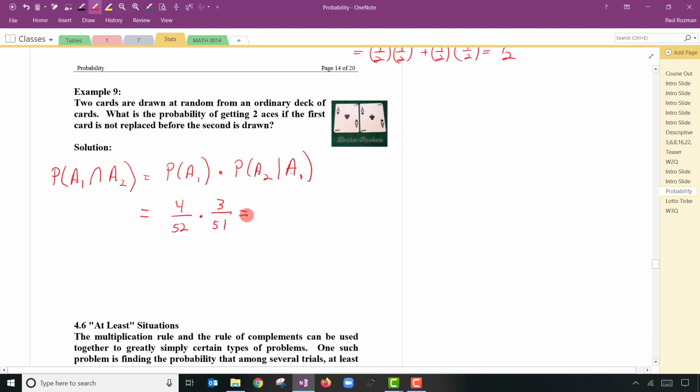We could calculate this probability. Take out my trusty calculator. I get 0.00452, 5. I rounded that last digit. So roughly